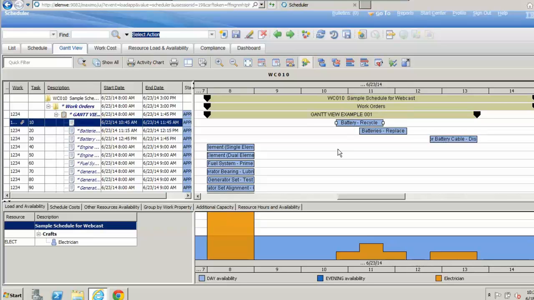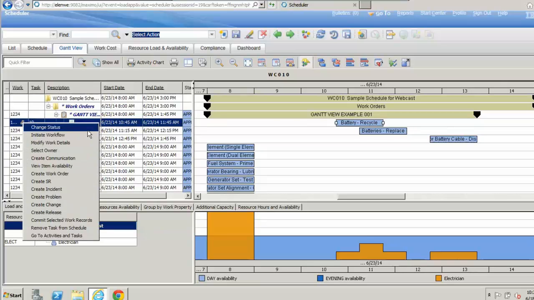Now, also as we zoom in and zoom around, there's a number of other things that we can accomplish. IBM's gone to a lot of work to try and limit the amount of time you spend jumping back and forth between work order tracking and your scheduler application. They've done this via your context menu. Now you can see right here I've got a little gray arrow just next to my task. Right-clicking on that gives me access to a number of what are typically select action menu commands: your change status, initiating workflows, creating communications, in some cases viewing of item availability if you have a material requirement for a specific task,